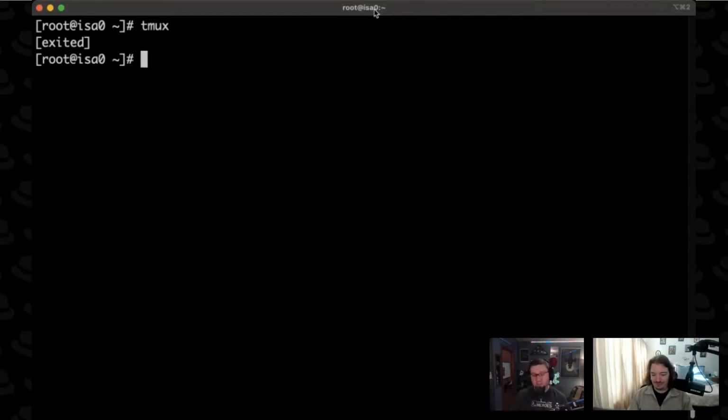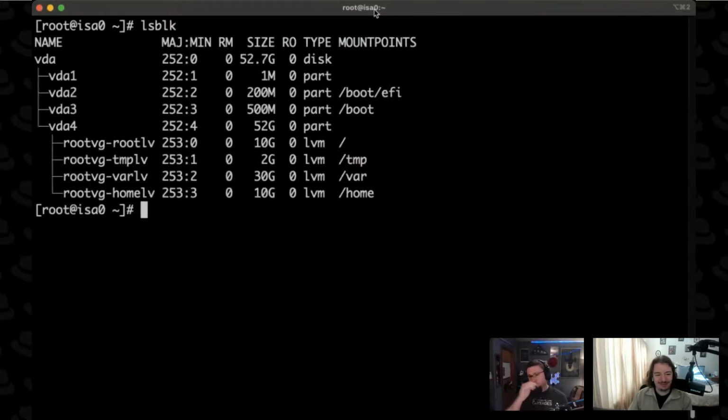lsblk. This is a very, very useful command. lsblk will show you all the block devices attached to the bus on your machine. Now, this is a VM, so I'm not sure what this is going to give us. Probably just all my virtual devices. There we go. Basically, this gives you a very cool summary with a nice tree output of what devices